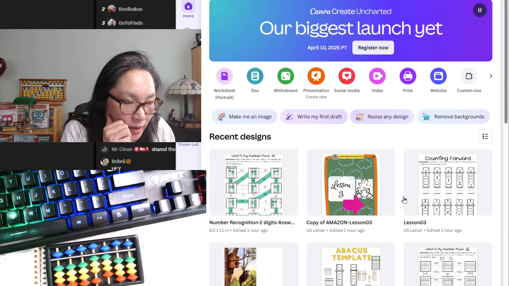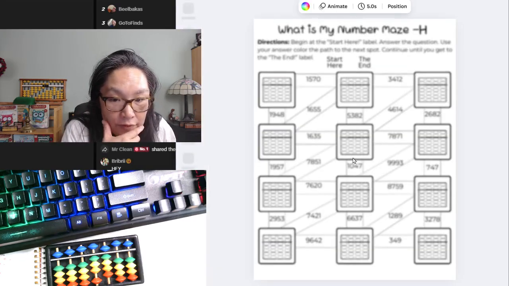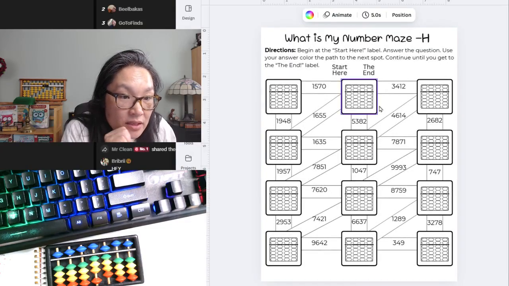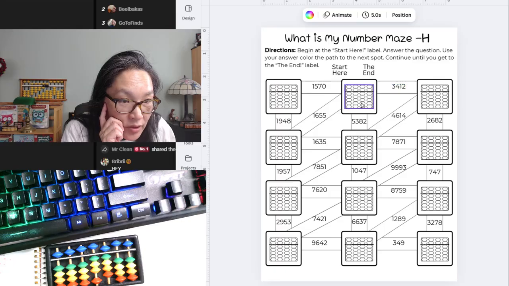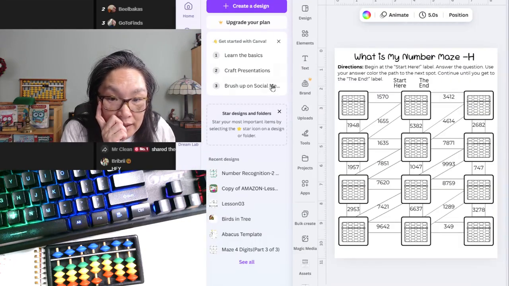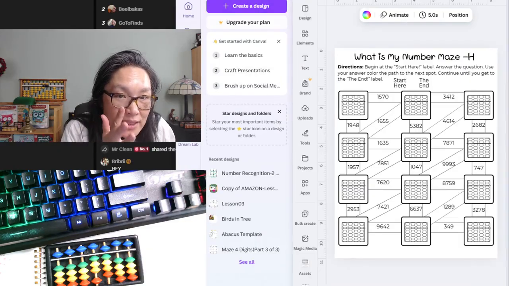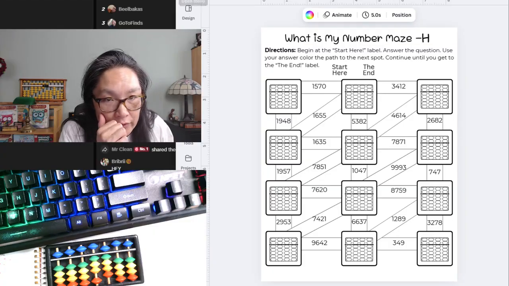This is just a little sneak peek of the next set of worksheets. So this is the 4-digit one, and it'd be the same thing. Here's the beginning and the end, and then trying to figure it out. That's what I was thinking. But that's one set. This is one flavor. The other flavor would be